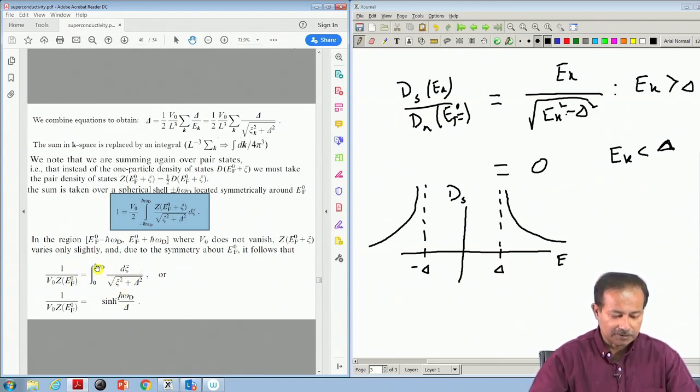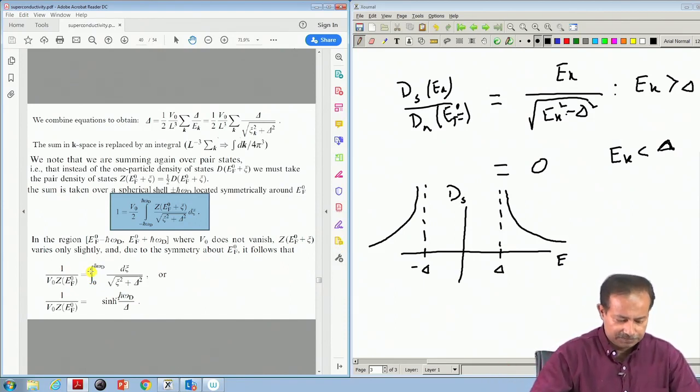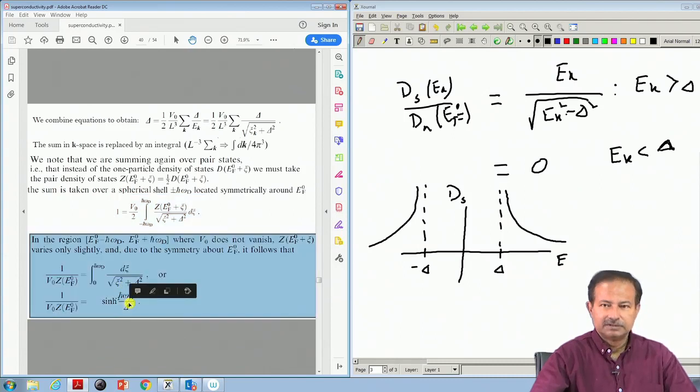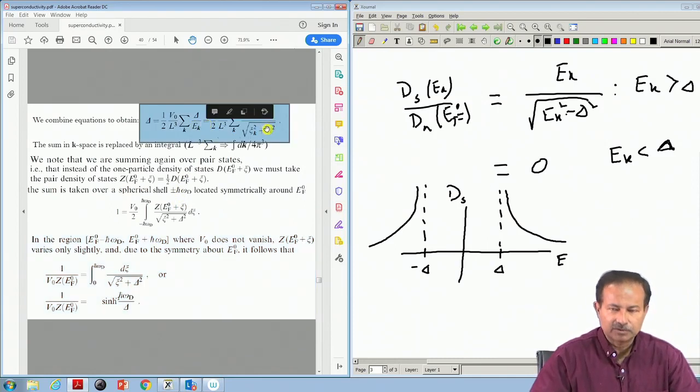In this integral, again remember that V 0 is active only in a narrow energy range above the Fermi level, so you can integrate only from 0 to h cross omega D. Below the Fermi level, all states are blocked. So, you just do this integral, and this is the result. Remember this is a ground state calculation, so we are doing this calculation at 0 temperature. These were obtained at 0 temperature, for the ground state.